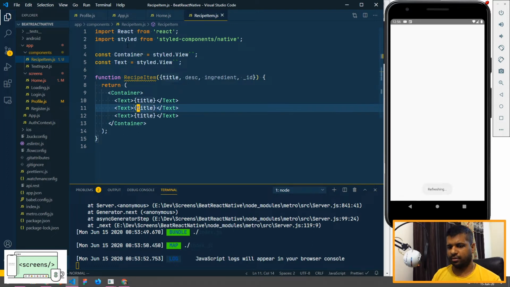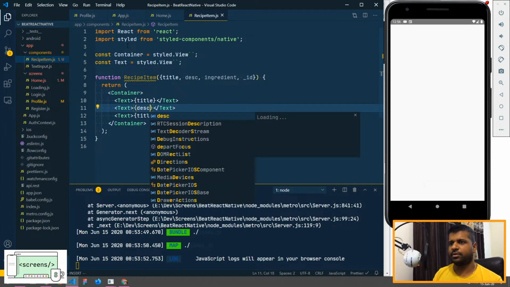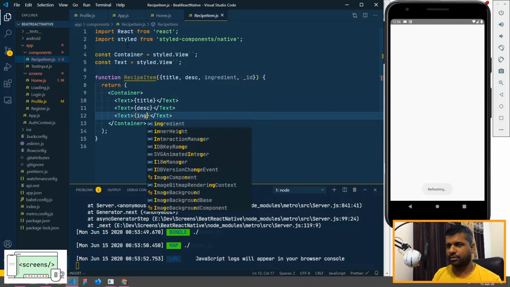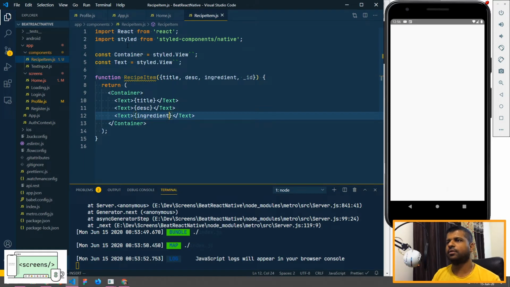Go ahead and change this to description. Let's change this to ingredients. Okay, let's go ahead and export it.